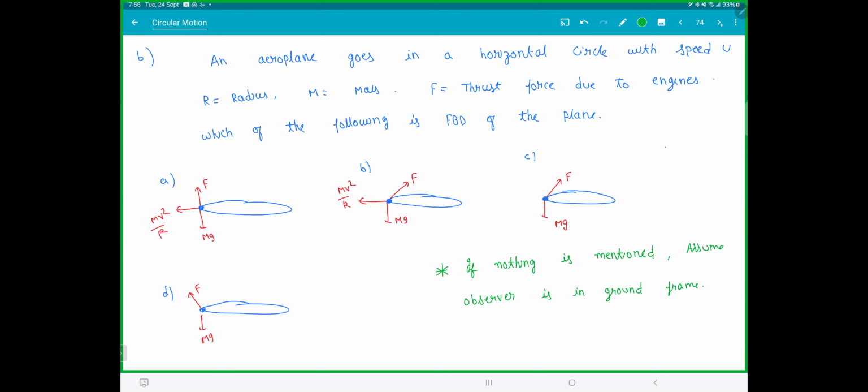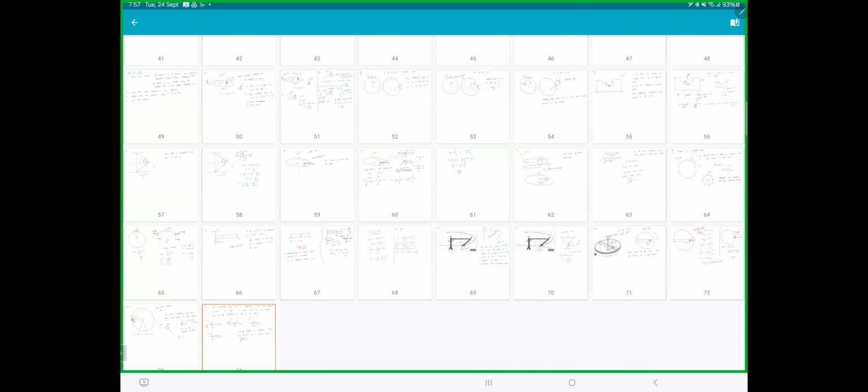So what is the answer? C is the answer. Why C is the answer? Think about it. So when the plane is going in a circle, you need one component, F cos theta, to balance mg. And you need one component, F sin theta, to provide centripetal acceleration. You're getting it? Since you're going in a circle, there must be an acceleration someone has to provide. So one component of the engine force is making you go in a circle, and one component is balancing your weight. And this question is same as